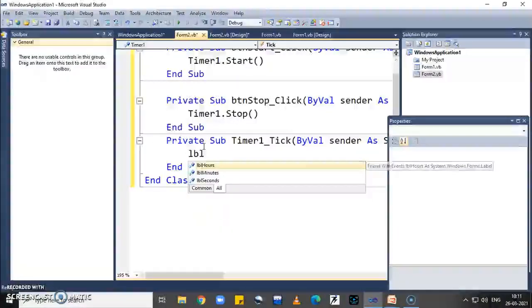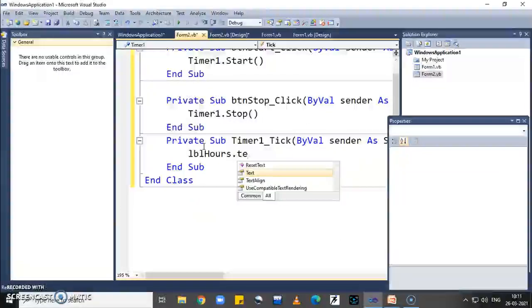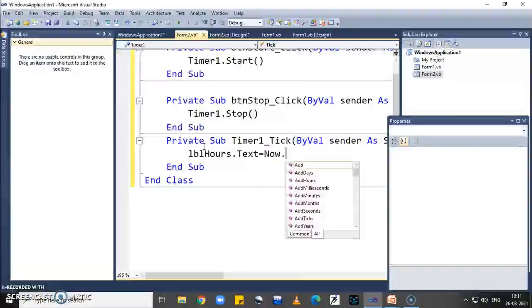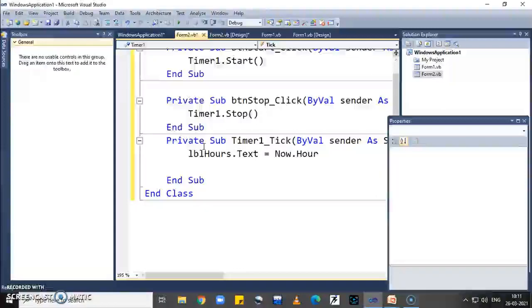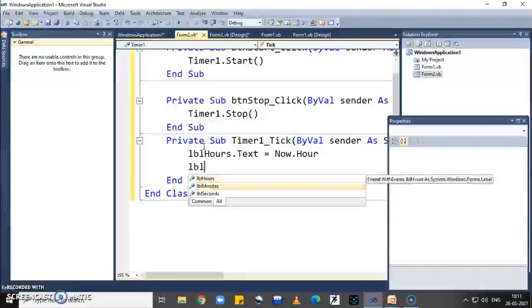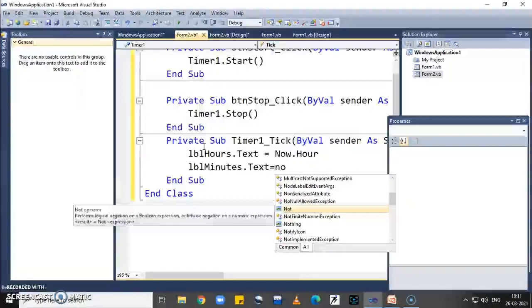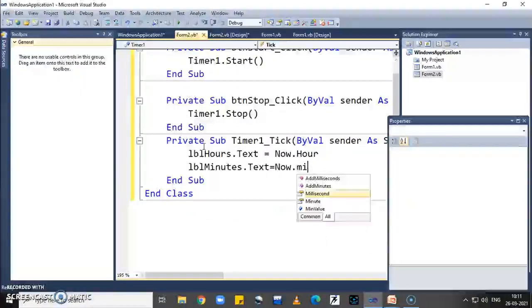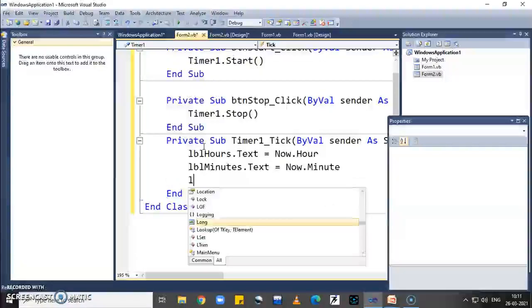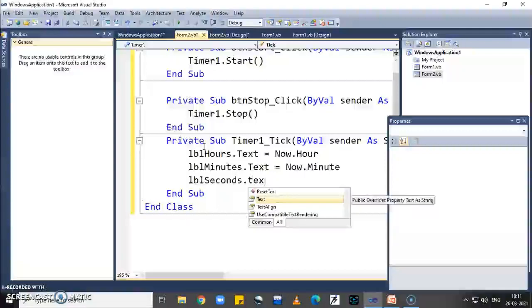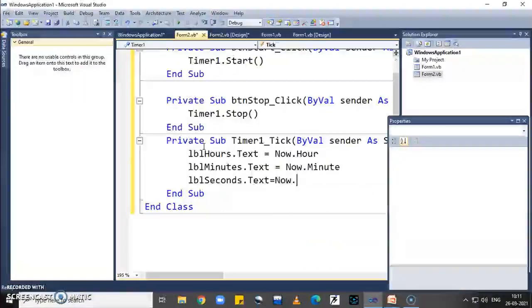So here I write lblHours.Text equal to Now.Hour. Second, lblMinutes.Text is equal to Now.Minute. In the third label, lblSeconds.Text is equal to Now.Second.